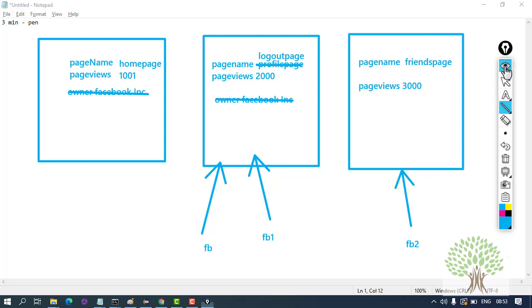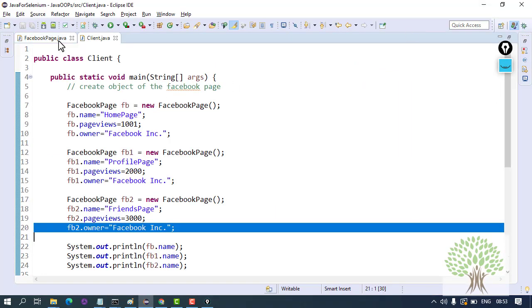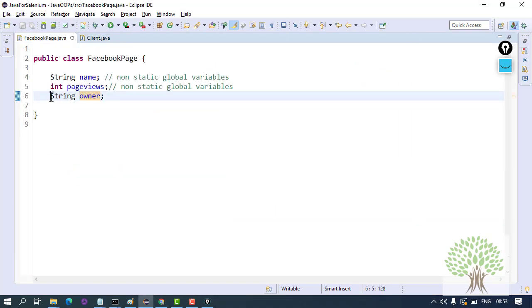We declare this variable as static. If you make it static, then you basically say that this is not a part of the object. This variable will no longer be a part of the object.